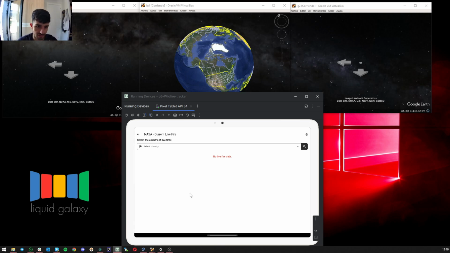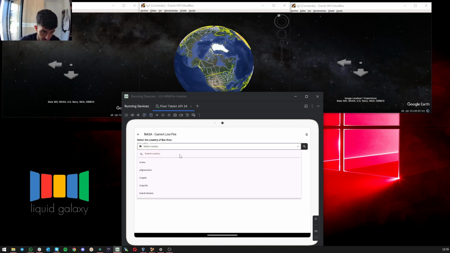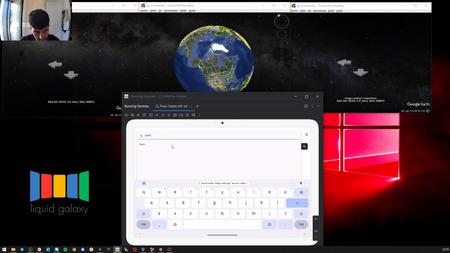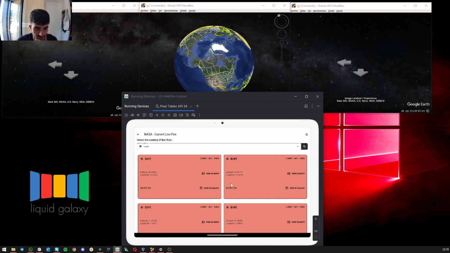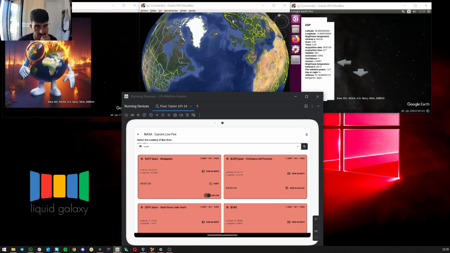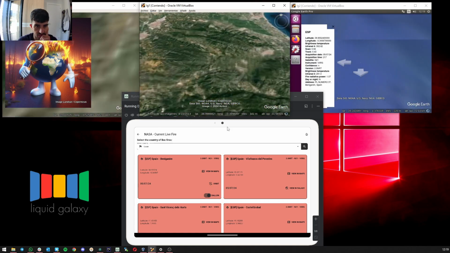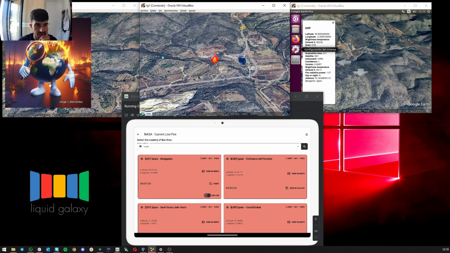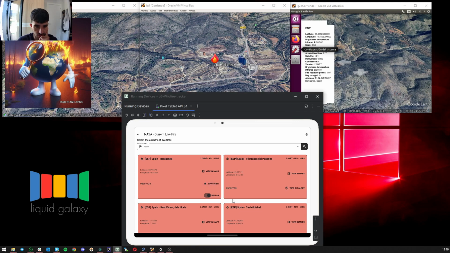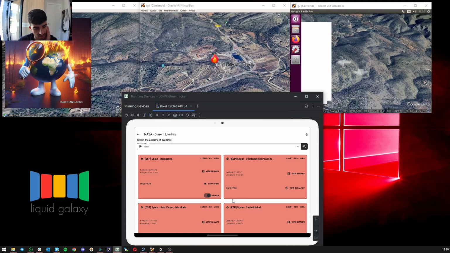This is NASA Wildfire. First, let's select the country, for example, Spain, and search. And this screen will show all live fires currently with 4 hours of delay. I will send this live fire, for example. We can see on Liquid Galaxy, we go to the live fire with all fire information. If you want to orbit, let's select orbit,